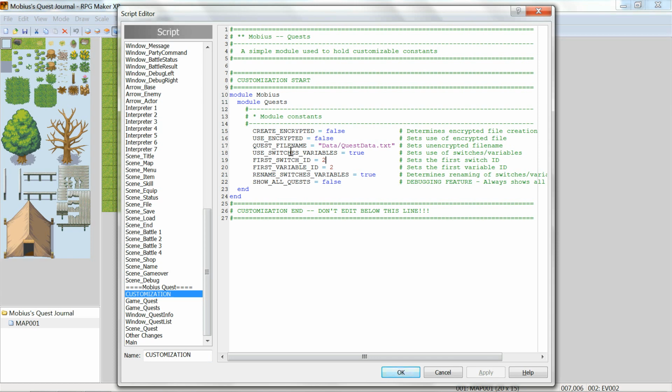So the next one here, we have use switches and variables, and it's set to true because we want to use those. That's the new feature. If you don't want to use it, you like it the old way, just set that to false and you'll be good to go. Alright, so once that's set to true, then we need to set the switch and variable